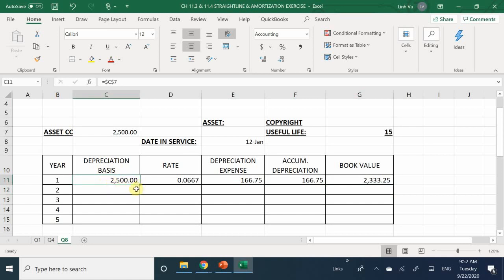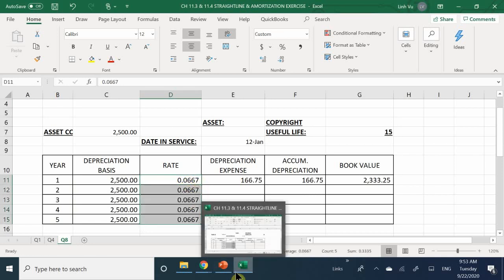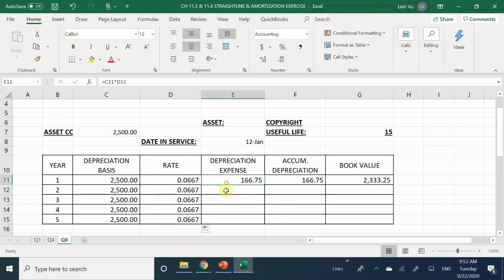Yes. It will stay the same for the next 5 years. What about my rate? Same. It will stay the same for the next 5 years. Okay? And then my rate, same. My expense is going to stay the same. So therefore, what is going to be my